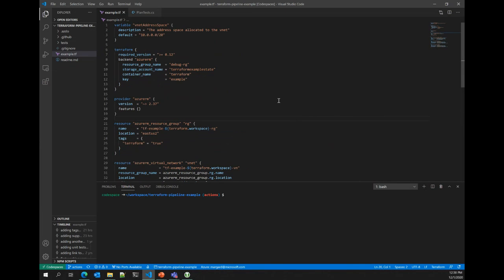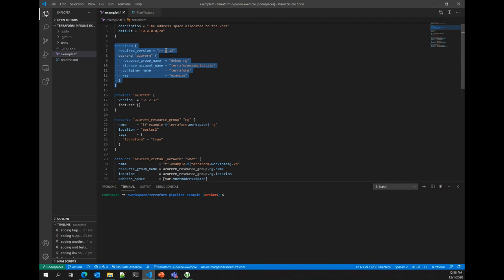If we come back here into my Terraform infrastructure, what we're looking at, I've done my parameterization. I've taken the address space of the VNet and parameterized this so that I can change it if I'm using different address spaces in different environments. This is where our dependency happens, or some of them do, when I was talking about those dependencies.